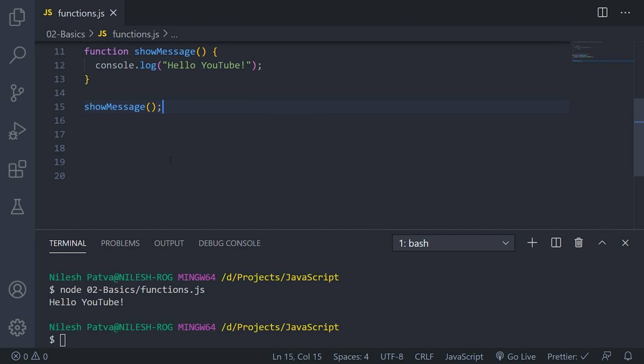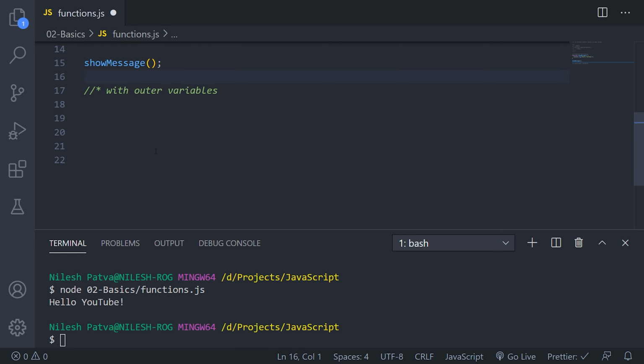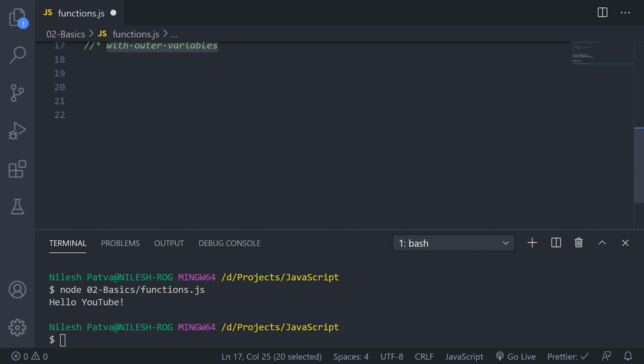Let us see some more examples of how we can use it in our programs. First of all, we'll see a function example with outer variables. We can declare one variable named message equal to whatever string or value you want to store.